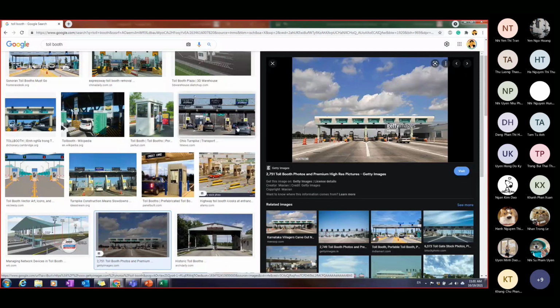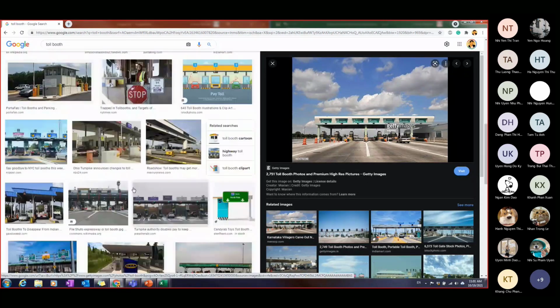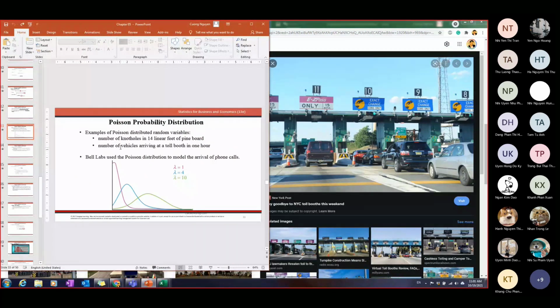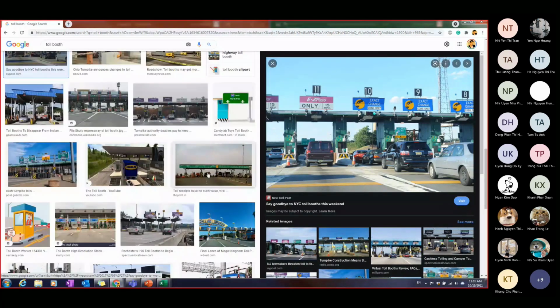But however, who knows, right? Because for the toll plaza, maybe it's a very busy day like this, and there are thousands of cars waiting to go ahead. And if you exactly wait and count the number of cars, it may be up to 1,000, maybe up to like 10,000. So in this case, the number of vehicles arriving at the toolbox in 1 hour will have no upper limit, but the number will still be countable.